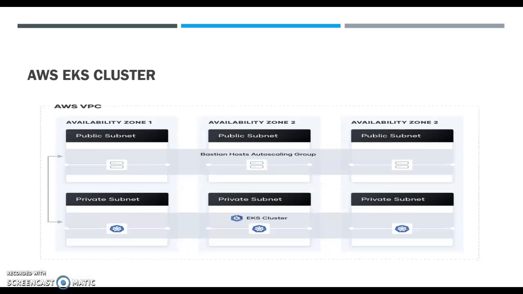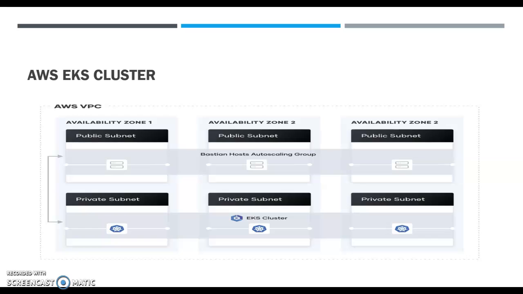The AWS EKS cluster which we are going to create should consist of an AWS VPC, that's a virtual private cloud network. Under this network, you should have the subnets. There are two different types of subnets which we are going to use. First is the private subnet, which is the underlying part where the EKS cluster will live. EKS cluster nodes will be living in a node group, and it will be exposed to the public subnet group,